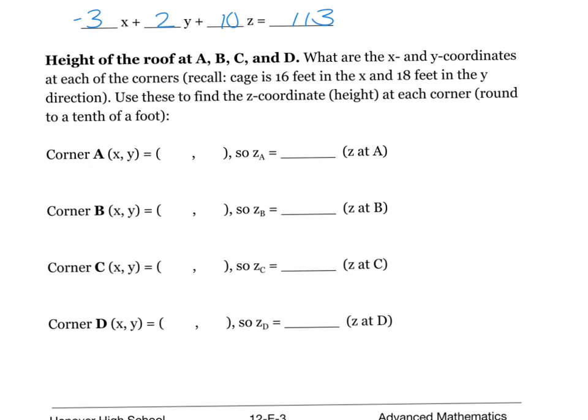Alrighty, now let's use that to figure out something practical about our bird cage. The equation of the roof relates the x, y, and z of any point that lies in that plane. And if we want to know the height of the roof at the corners of the roof, we really want to figure out what the z value is if we know the x and the y coordinates for the corners of the roof. So in thinking about that, I'm going to draw a little picture